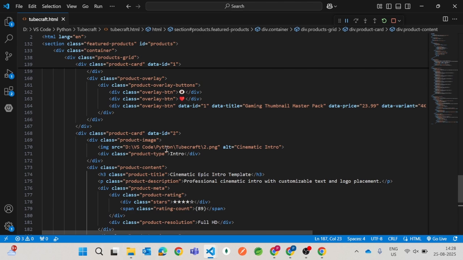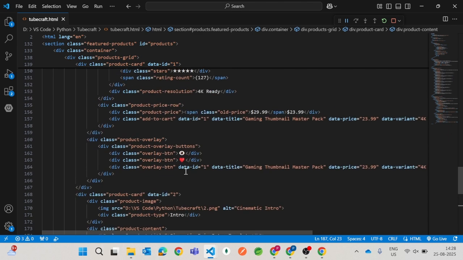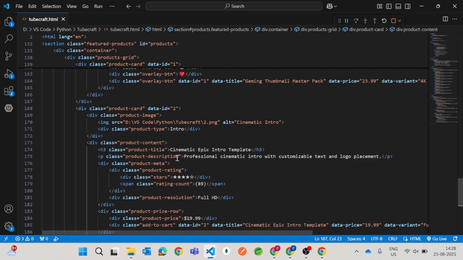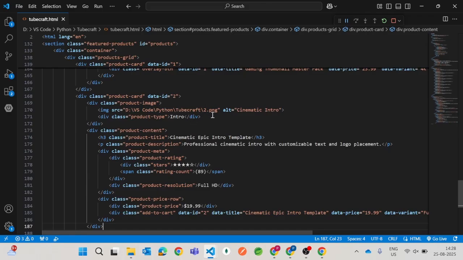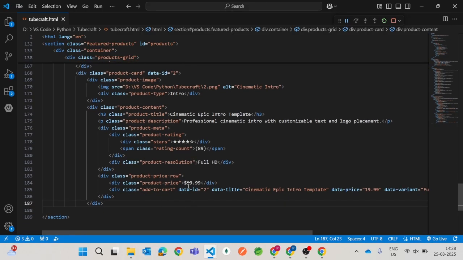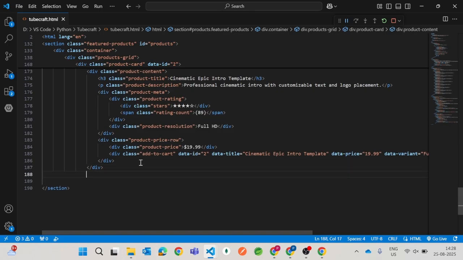So this is id2. Same thing, I've just copied the same, but I'm changing the title, the image path with the second image, and I'm giving the price and giving the resolution also as full HD. Once this is done, we are going with